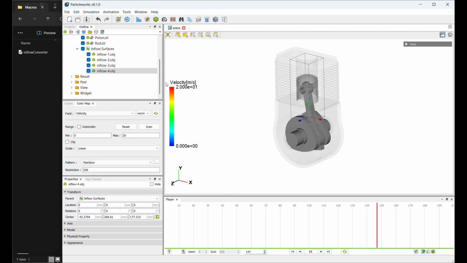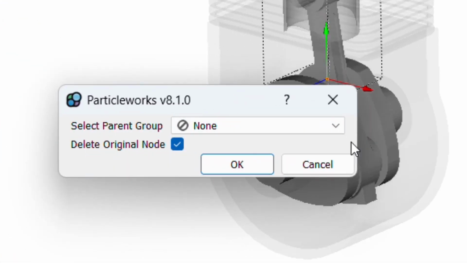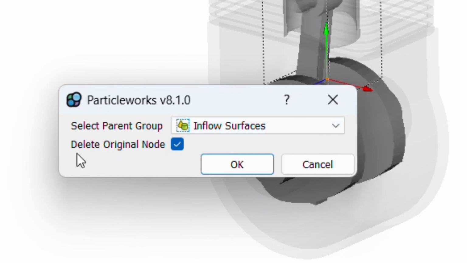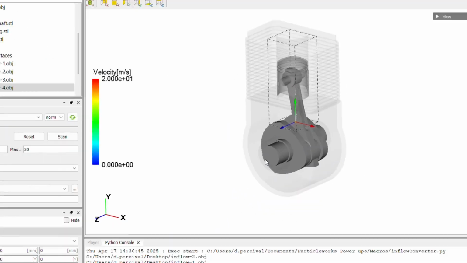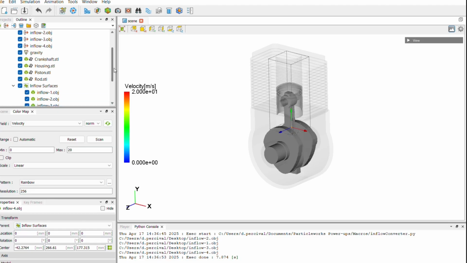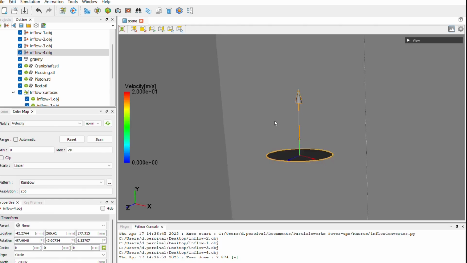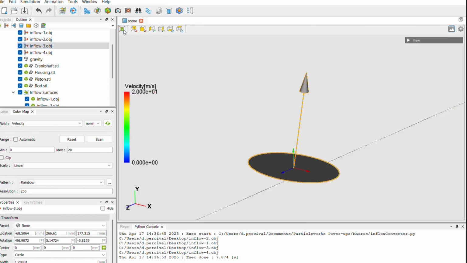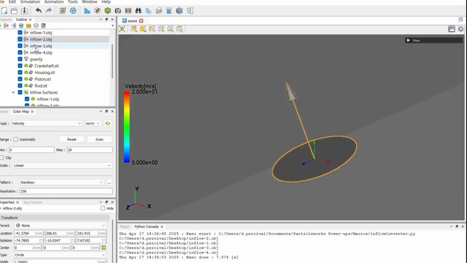Let's now run the macro by dragging and dropping the Python file onto the viewer. This will then open a dialog window, in which I first need to select which group is the parent of the surfaces I want to convert. For the optional cleanup, I'm going to disable this so we can see how well the new inflows match up to our existing surfaces. Clicking OK will then execute the macro. And that quickly, the macro has performed all calculations for all surfaces and created our 4 new inflows, perfectly matching the position, size, and orientation.